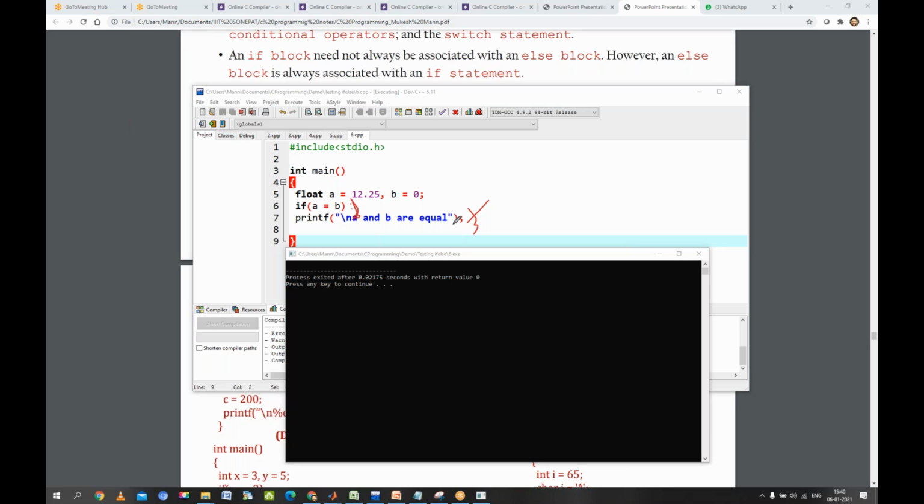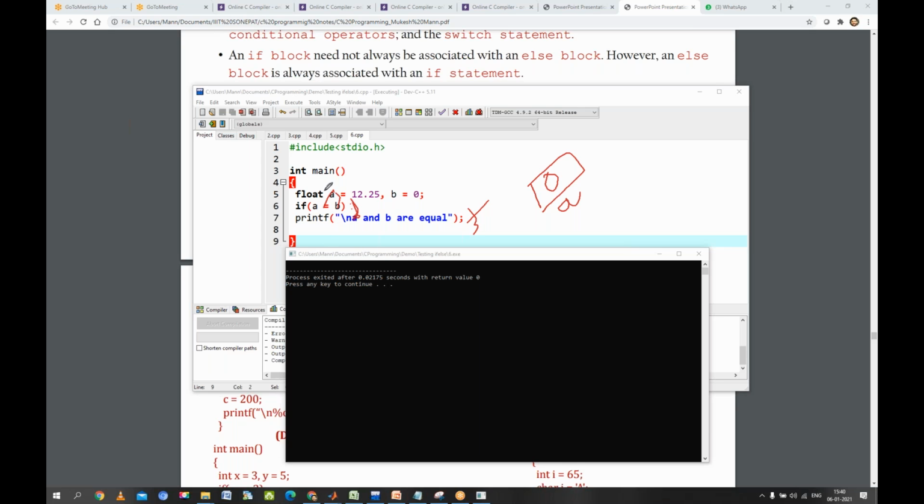Excuse me, sir. After we have made B equal to 0, then why is "A and B are equal" not printed? Why is it false? You are asking why it is false, right? In the memory location of A, what is there now? It is 0.